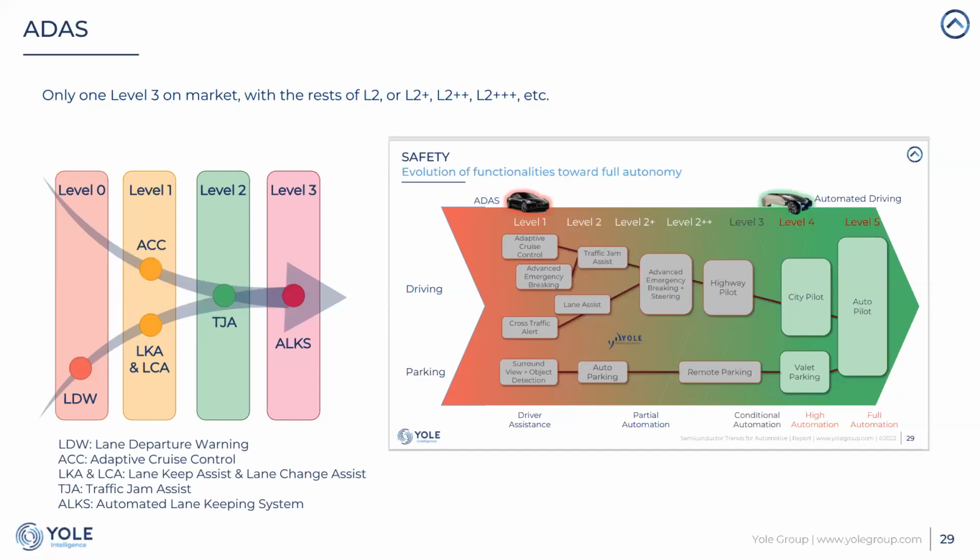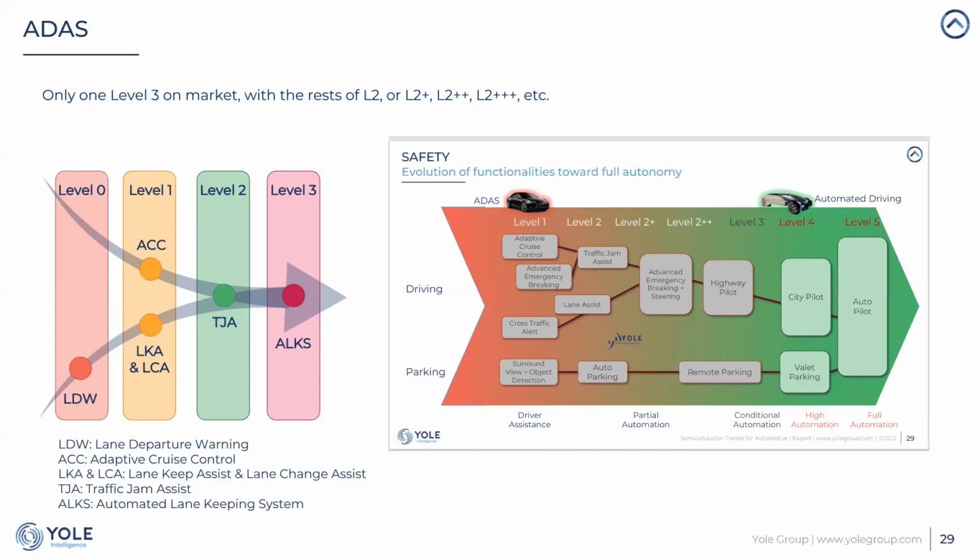So it means that there is still a long way to move from level 1 to level 2 to level 3. And we have defined an intermediate level between level 2 and level 3, because if we look at the required functionality to move from one level to another, moving from level 2 to level 3 will require a lot of computational power. As a rule of thumb, you have to think that when you go higher by every level, you will multiply